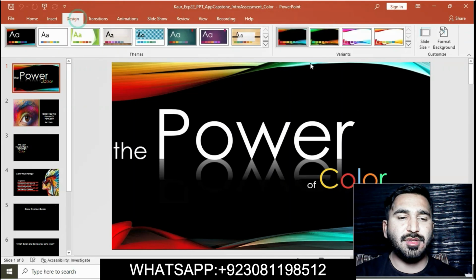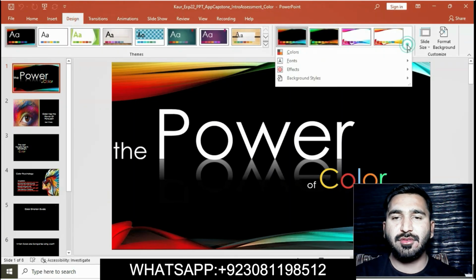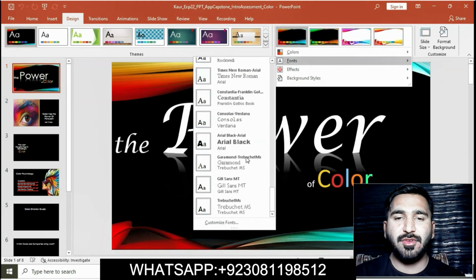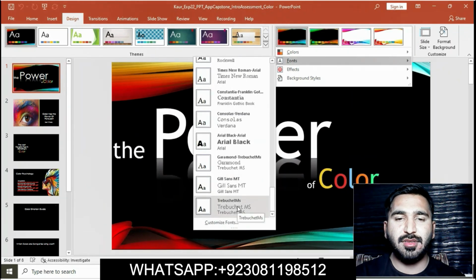Go to the Design tab and then go to Fonts, and then we will apply these fonts. Okay, Trebuchet MS font. You can see this. We will apply this theme on this slide.